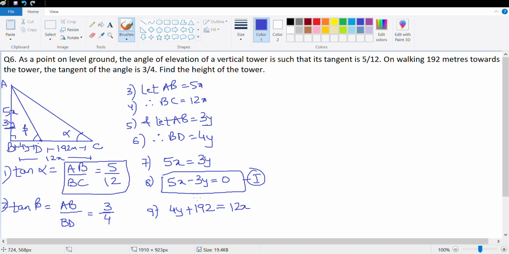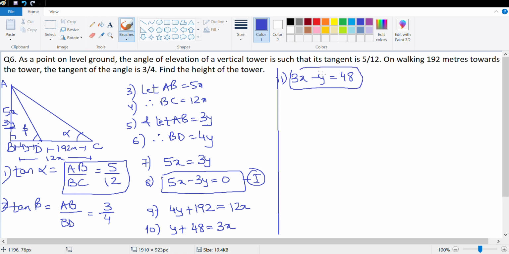Anything common? Yes, 4 is common, and let's divide everything by 4. So this would become y plus 4 into 3, 4 into 4, sorry. 4 4s are 16, that's 32, that's 48, so this is 3x. Let's write it in the same form as the first equation, which means 3x minus y is equal to 48. That's my point number 11, and this is equation number 2. So I have two simultaneous equations. Let's try and